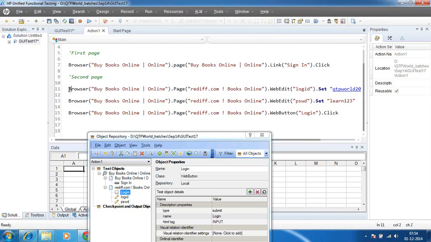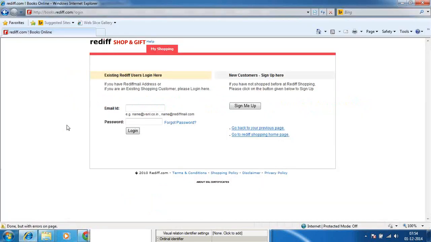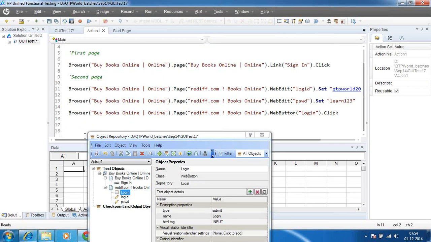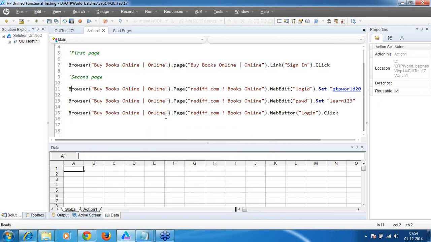So we have written 3 lines of code for the second page. I want to execute only the second page lines of code, from line number 11 till line number 15. So how do I execute only those? Let me close this LOR. LOR is called the local object repository. If you see here, the object repository got appended and all the things are stored in one place, associated to this test. Whatever we are writing here is associated to that. That's why it's called a local object repository.